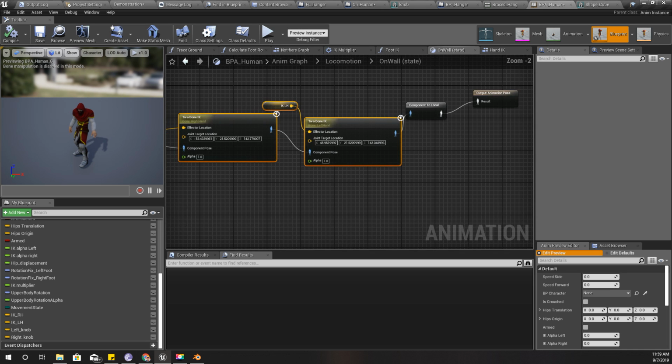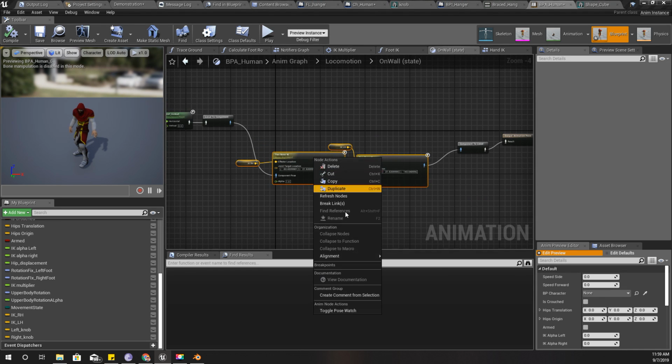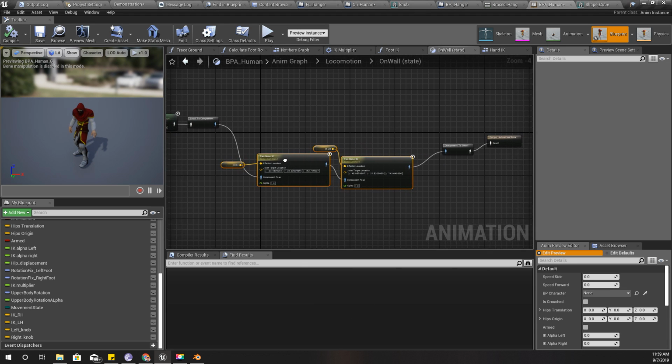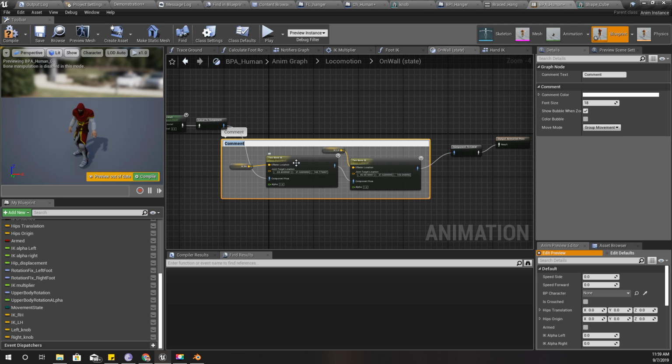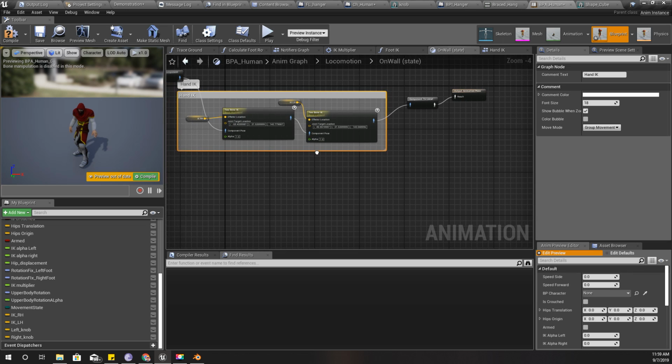This part actually takes care of the hand IK case. So I'll add a comment here, and okay, and after that I'll add